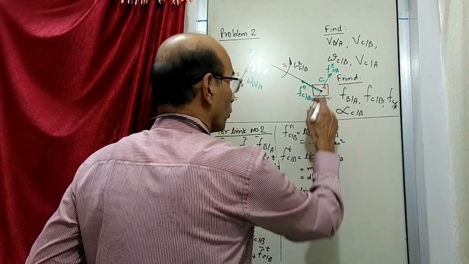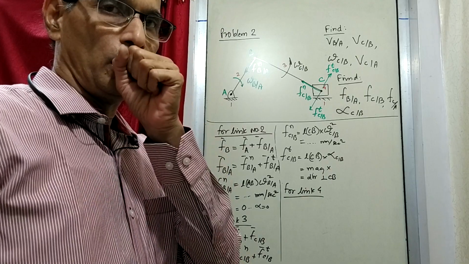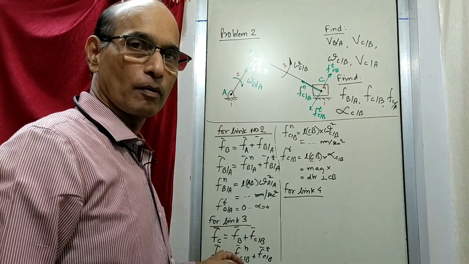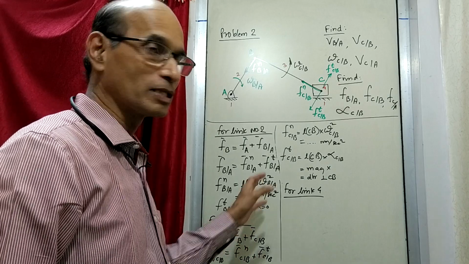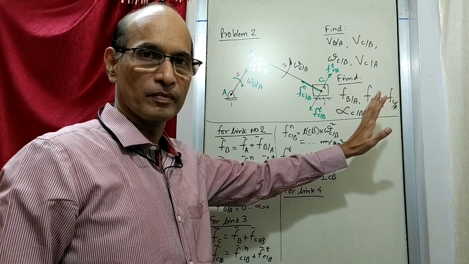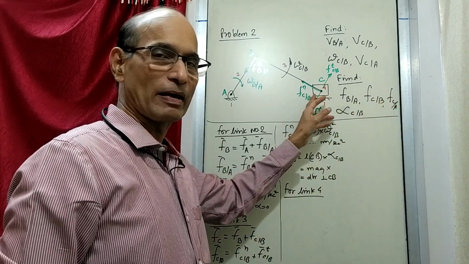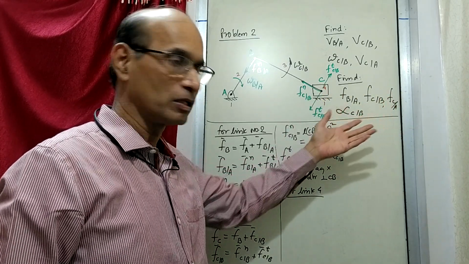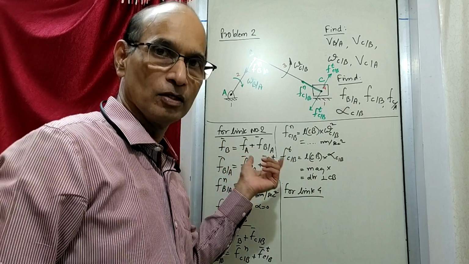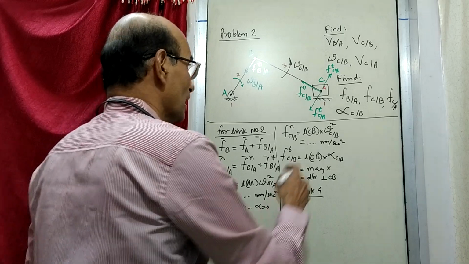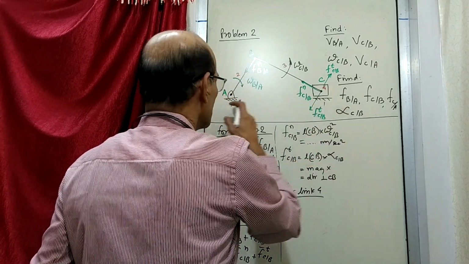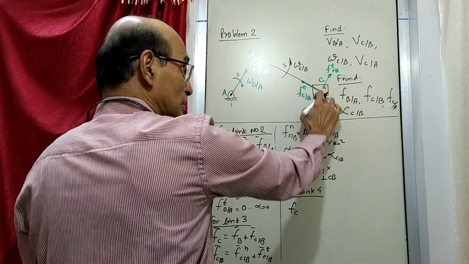That is link number 4, the slider. Now for the slider we cannot write an equation like this: acceleration of any point equal to acceleration of a known point, because all the points are performing the same velocity. So whether one point is having acceleration, the other point also will have acceleration. So this kind of relative acceleration equation we will not be able to write. So in that case, what we can write is the acceleration of C, any point is C, with respect to the stationary point which is not on this line, which is outside.